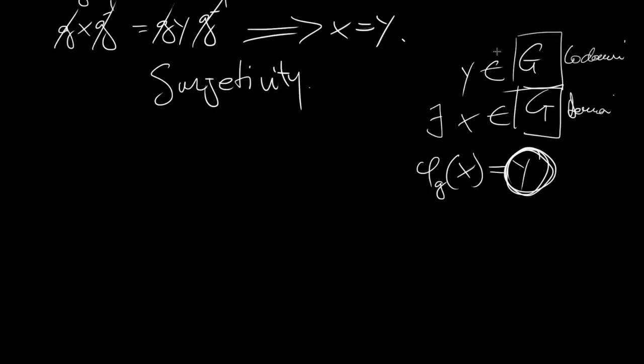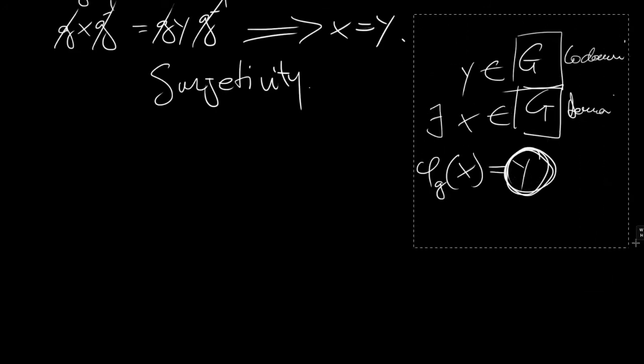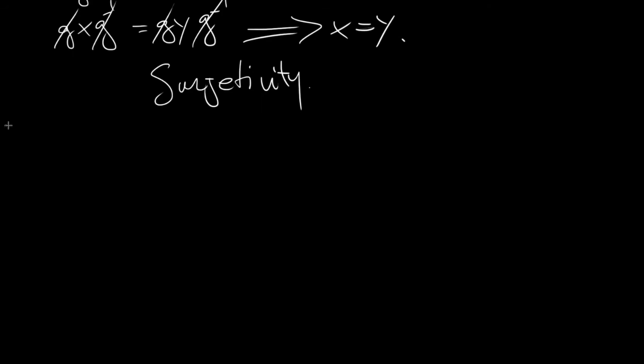Again, let me, if you don't mind, cancel this. Okay, so let's start by choosing an element from the codomain. Let the element y be in the group. We know that our codomain is G. Now we have to show that, let's say we claim